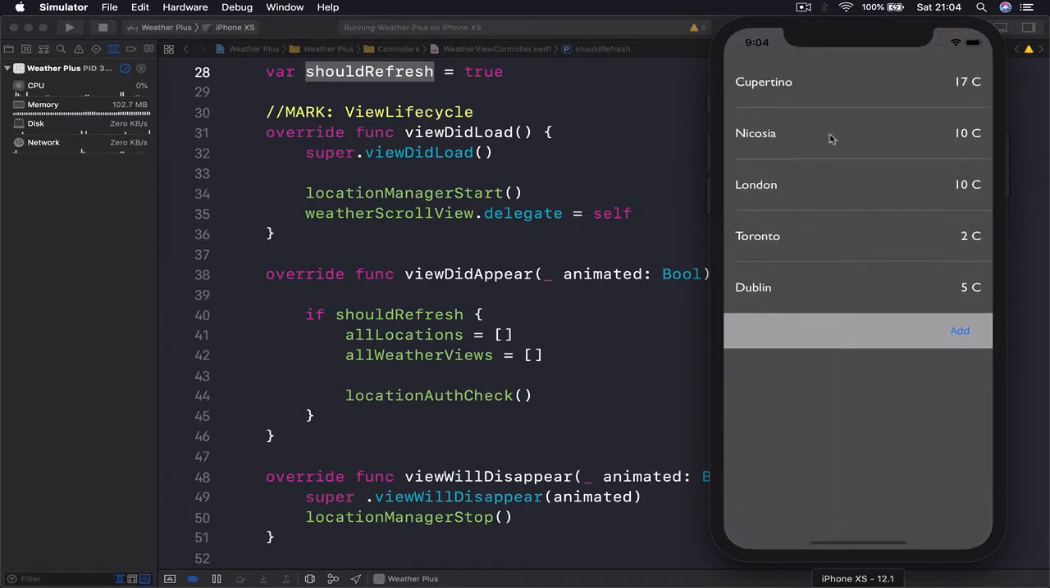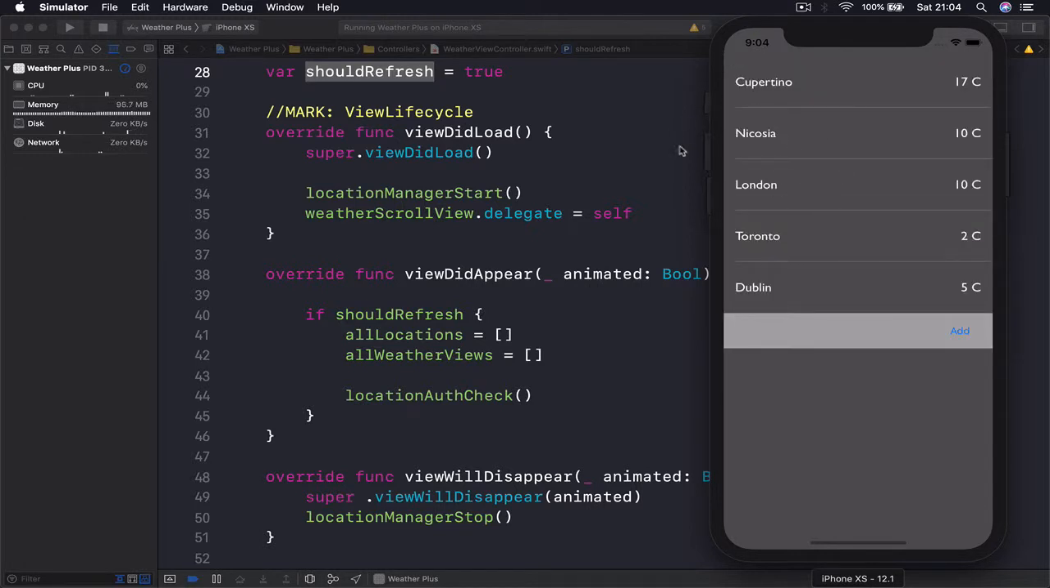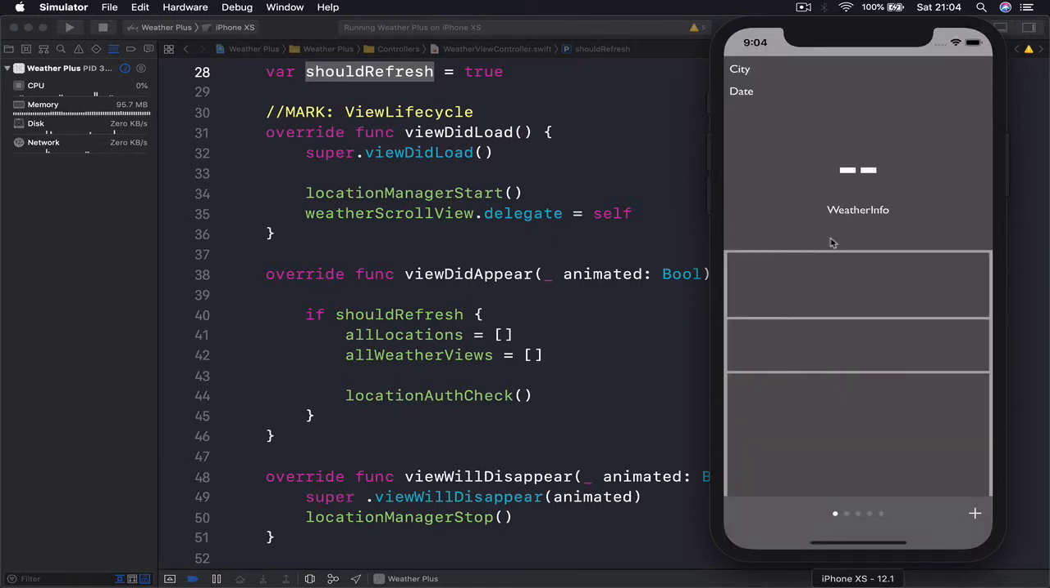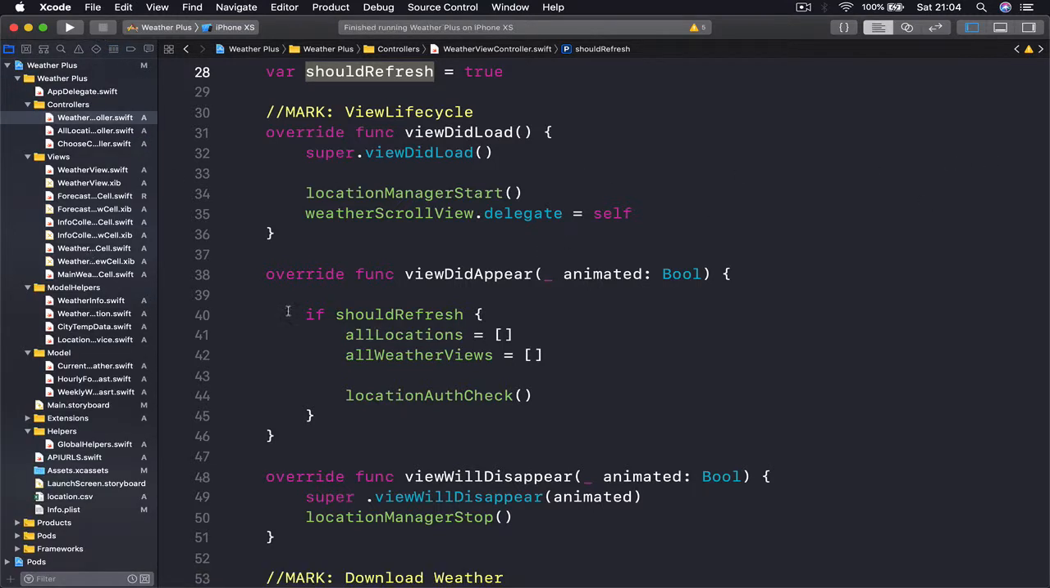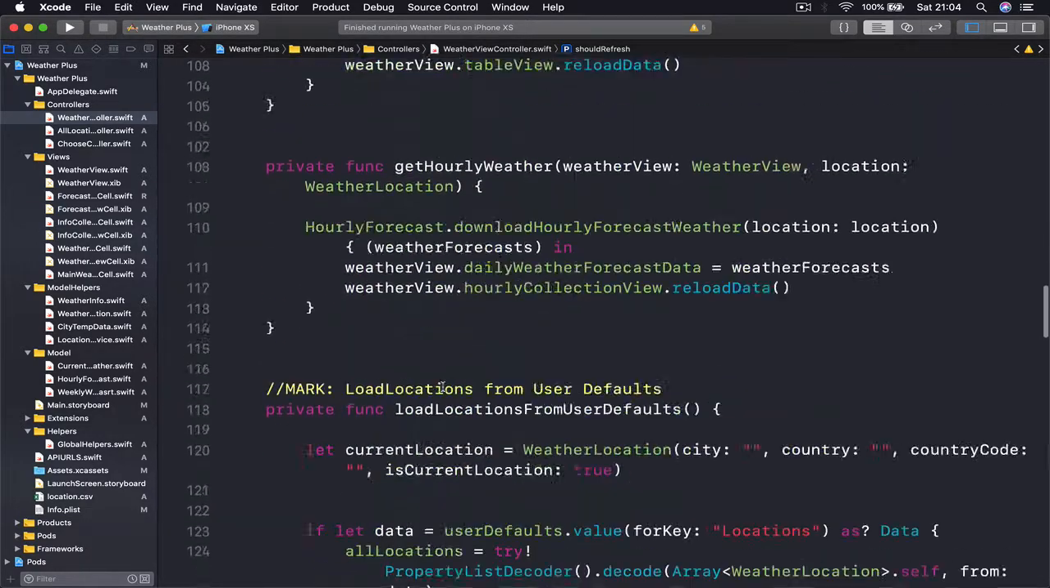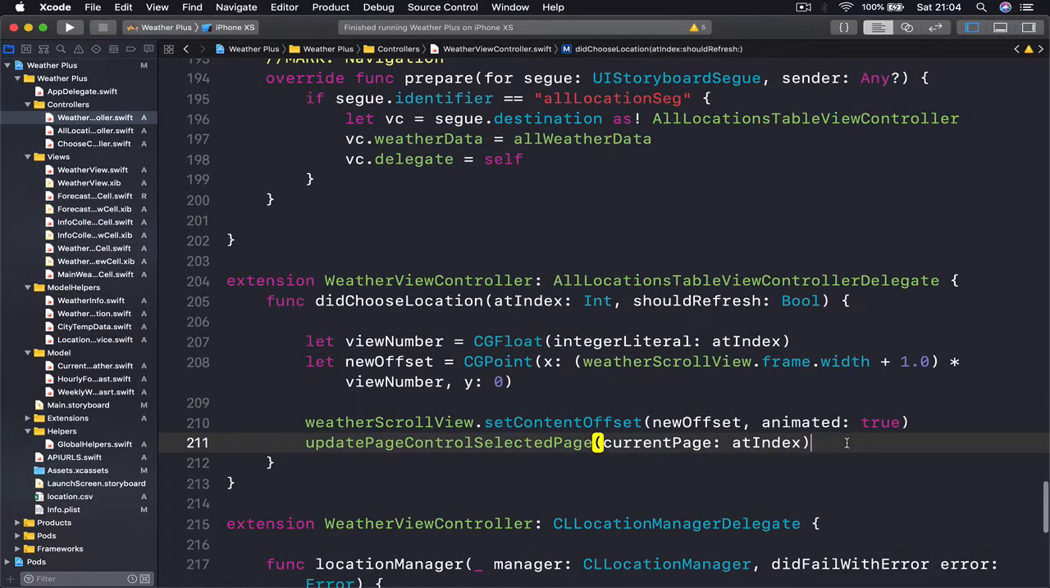So in this scenario, whenever we are deleting something or adding something to our locations, we want to refresh so it represents the fresh information. But if I just come here and choose any city, I don't want to refresh it. So that's why we are going to have this should refresh variable. And let me stop this. We are going to set this variable in our delegate function here. Let's find it, which is